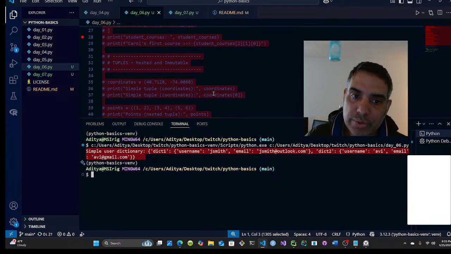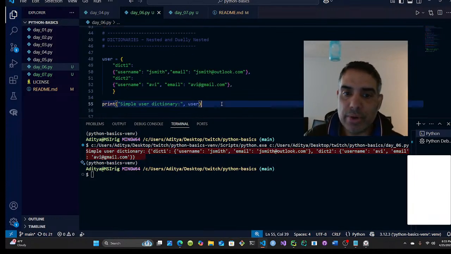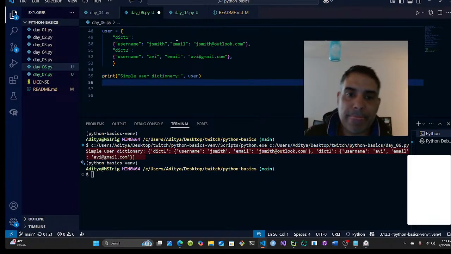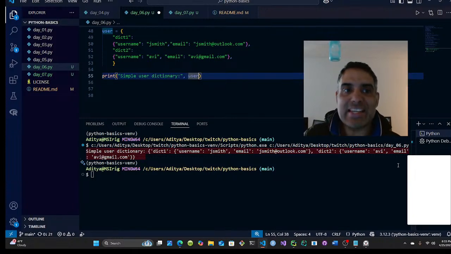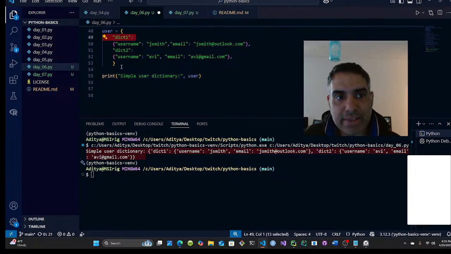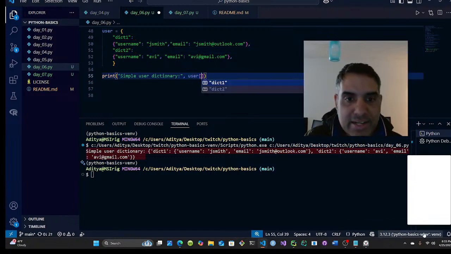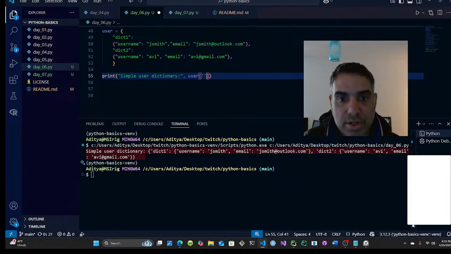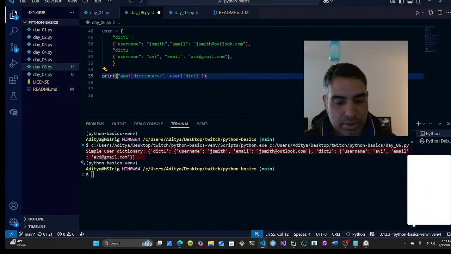So how do you get them? Like how do you access them? So dictionary access is, I want to say, by key. This is a key and this is a value, right? So there's a way to get to this. So you go, so far we were using, so right, get to the